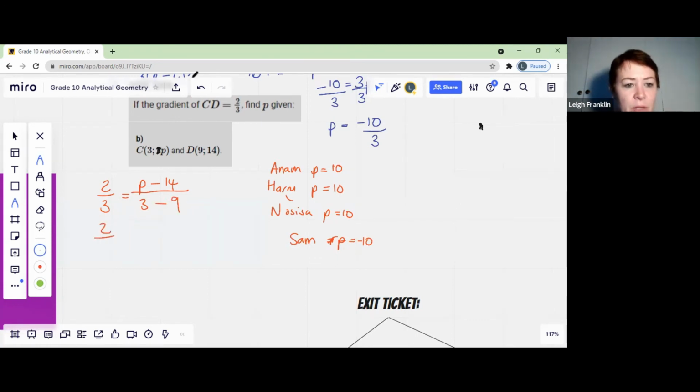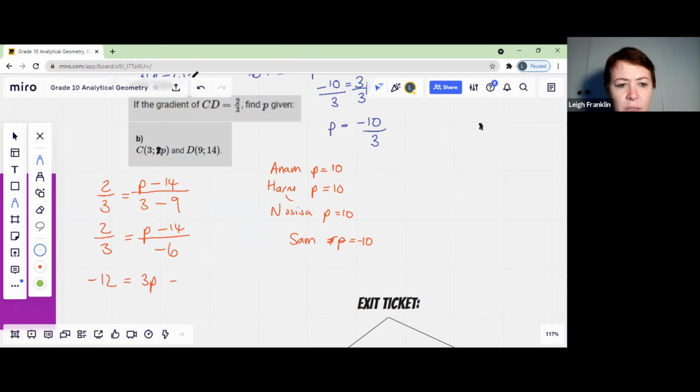So 2 over 3 is equal to P minus 14 over negative 6. So negative 6 times 2 is negative 12, and 3 times P is 3P, and 3 times 14 is going to leave me with